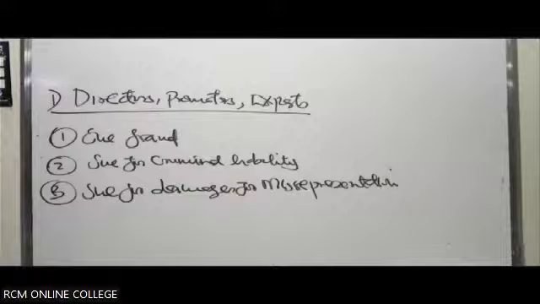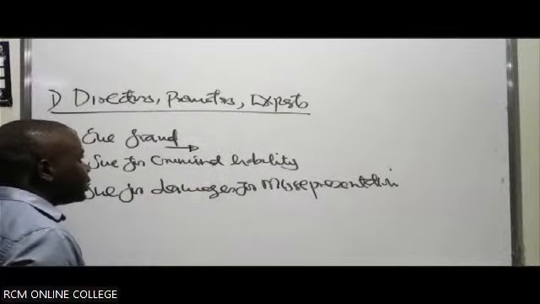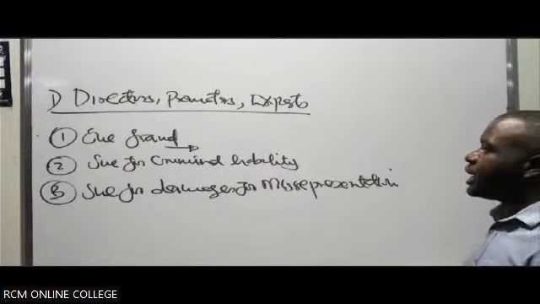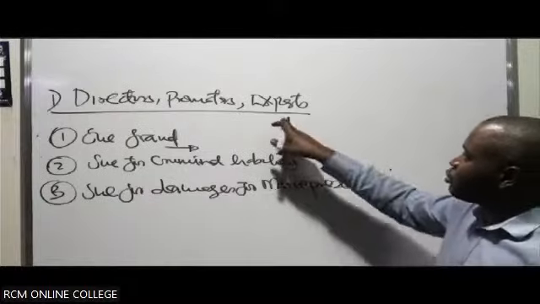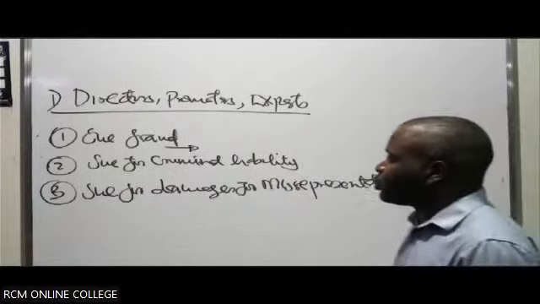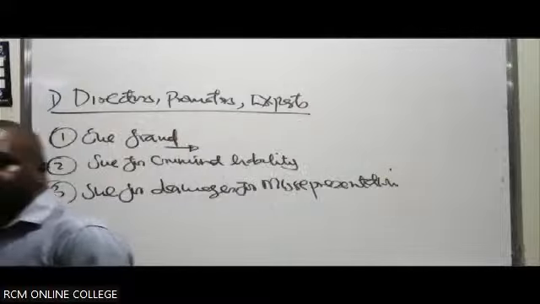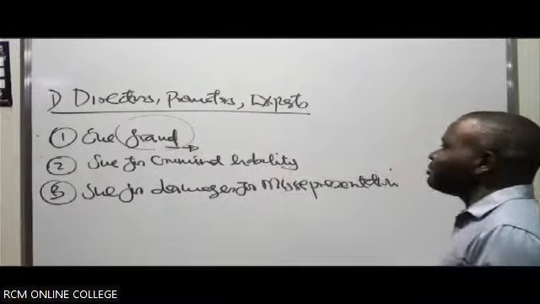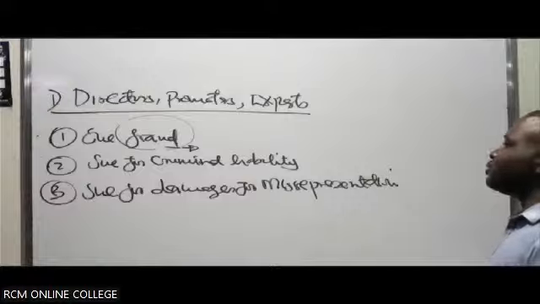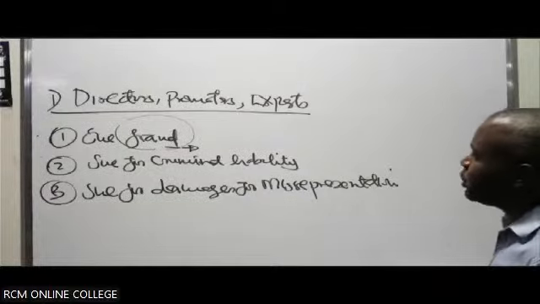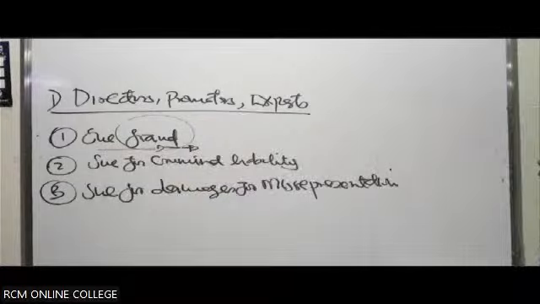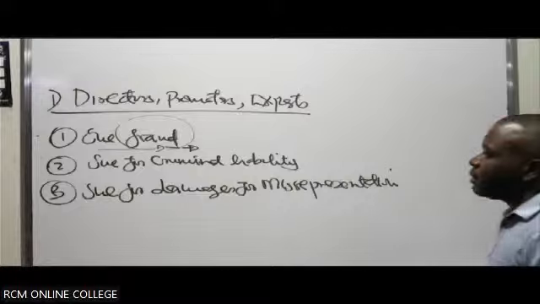So you can go to a court of law and sue them for having been involved in fraud. What we mean by fraud here is that they intentionally put that statement to defraud an investor. They did that intentionally. These parties, who could be auditors, might have colluded and put in misleading information so that the investor would buy, so that they could defraud. So if you can prove it was done fraudulently, then the investor can go to a court of law and sue and prove it was done with the intention to defraud him as an investor. Then criminal liability.